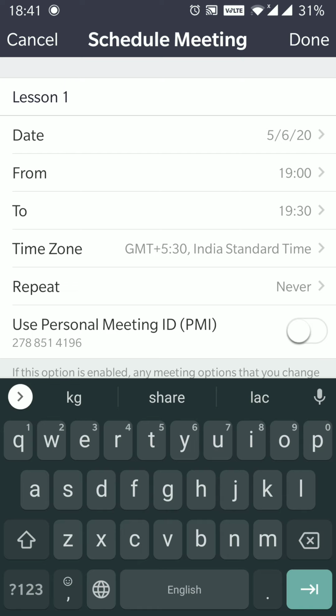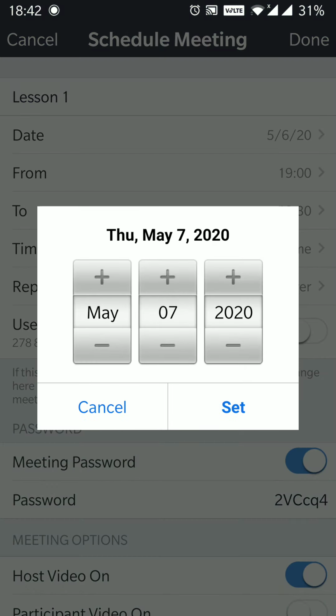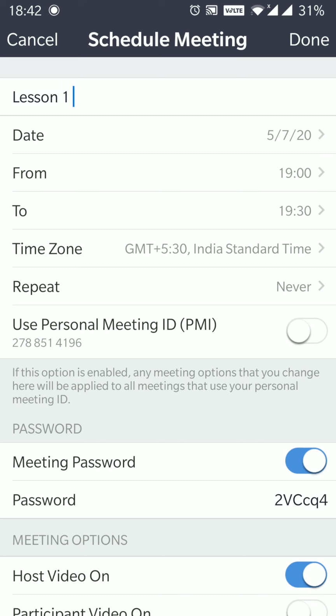Date, let me keep the date as it is, or you can even change the date. Now time, for now let me keep 7 to 7:30. This is the time that is coming up for now. And it's also to be known that Zoom has removed that 40-minute cap for education institutions due to COVID. So if you are part of an education institution, do register yourself as a school with the school ID and you should be good to go. Time zone is to be set, which is quite understood.